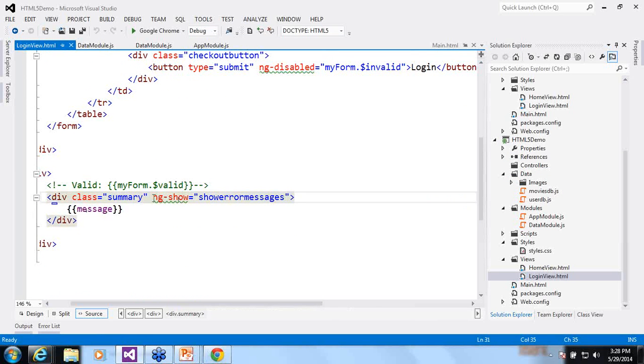Finally, this is the ng-show directive, which is bound to show error messages in our controller. This is a Boolean property. So when the form is valid and when there is no error, when it is a valid user, it will not be shown. But when it is not a valid user, this message will be shown.